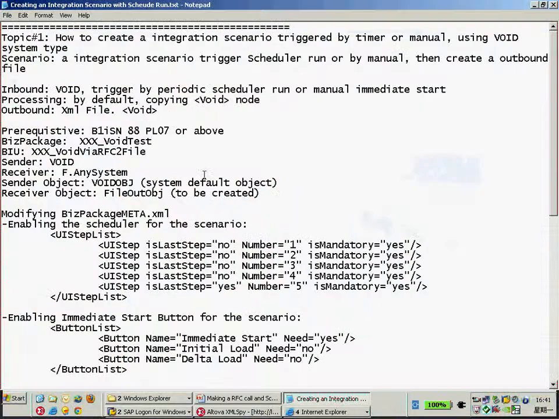Okay, so let's have a look at the first topic we're going to learn. We are going to create a very simple scenario, and the scenario will be enabled to trigger by the scheduler every day or every week, and we would like to enable to trigger by the menu as well. So that's the new feature